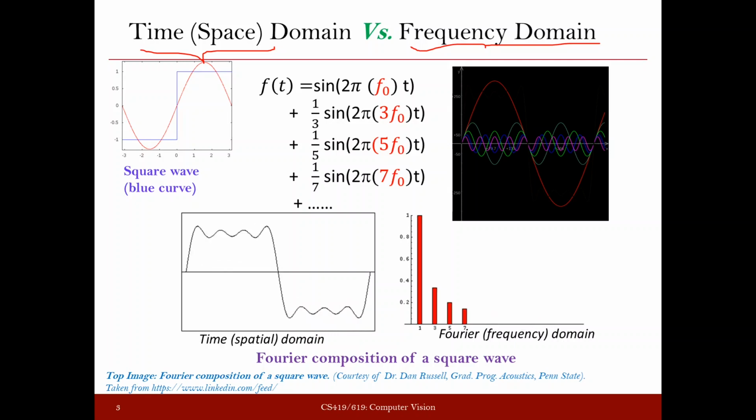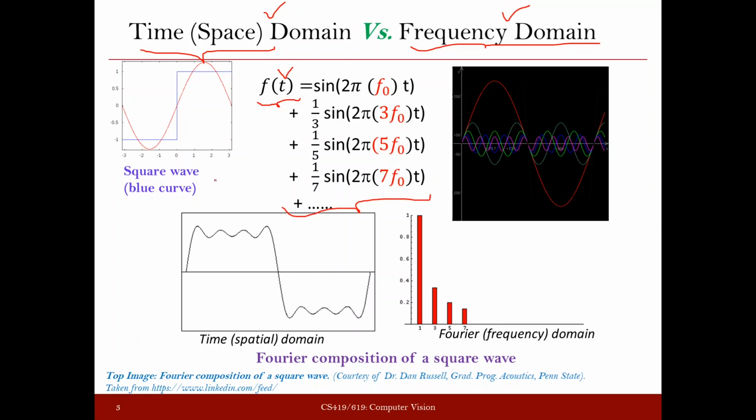of this slide, which says that if any given function is represented in time or spatial domain, we can have its equivalent representation in frequency domain. And what we exactly mean by having a representation in frequency domain, this basically says that for a given function f(t), we can find some set of sine and cosine waves. If we sum them together, then whatever you get on the right side is equal to the left side. So we can say that the right side is an equivalent representation of the function given on the left side.